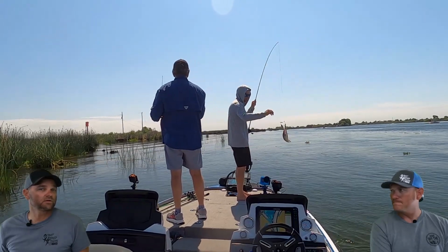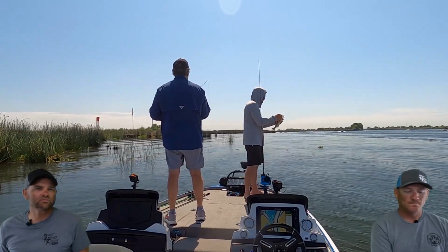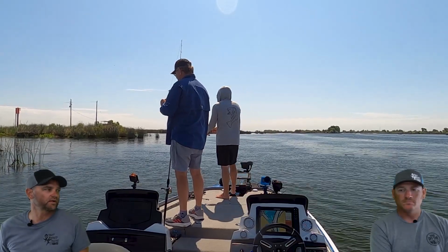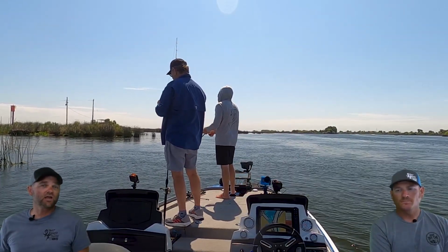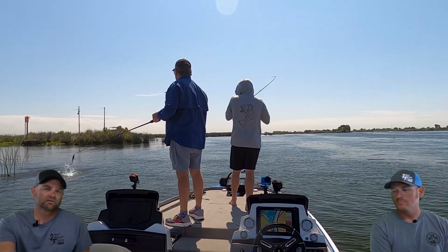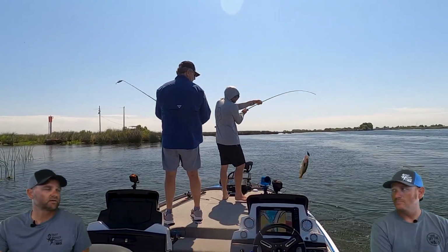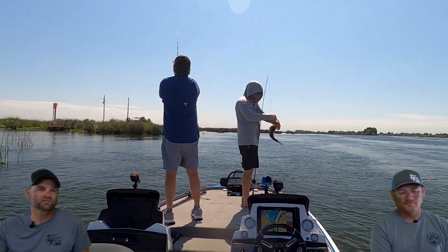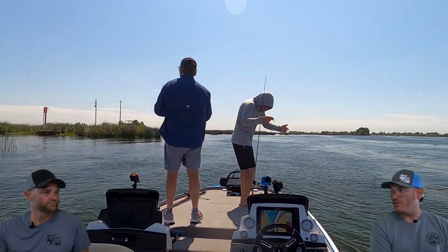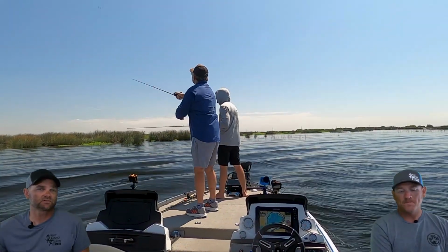Now, interesting note, your area and my area were fairly close to each other. Yeah. So it's like that part of the Delta seems a little healthier right now. Yeah. There's definitely other parts of the Delta I ran to, completely different sections, and I was still picking them up on buzzbait and frog and spinnerbait. So it's not necessarily locked into certain areas. It's just kind of funny that our best areas were kind of close to each other. Yeah, and I tried multiple areas that I thought were decent, especially some of the things that we fished when we fished the Ultimate Frog Challenge. Yeah. That I liked. It looked pretty, but...